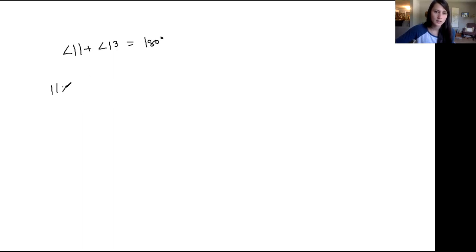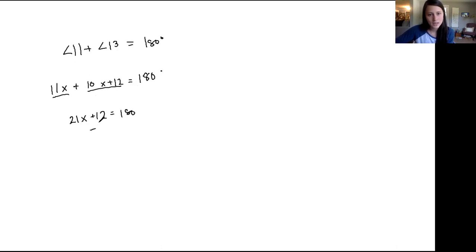So angle 11 is 11x, and then angle 13 is 10x plus 12. So if I add these two together, that should equal 180. And so let's combine our x's. 11x plus 10x is 21x, and plus 12. Now we're going to subtract 12 on both sides. And so 21x equals